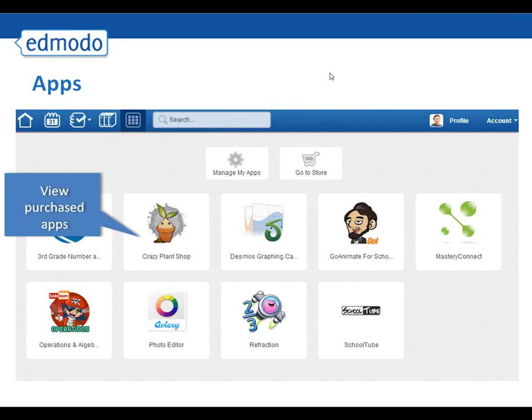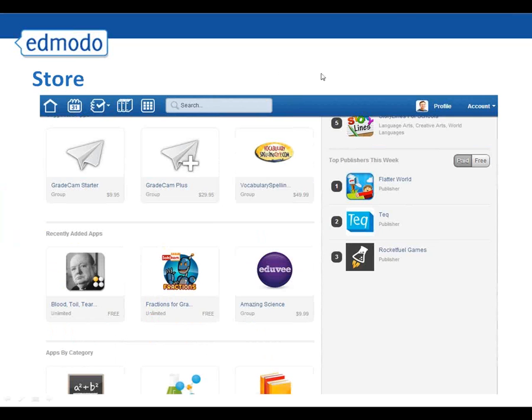But you can view your purchased apps. You can browse apps in the store. Here's what the store looks like. So here's how the apps work in the store. So if we look at